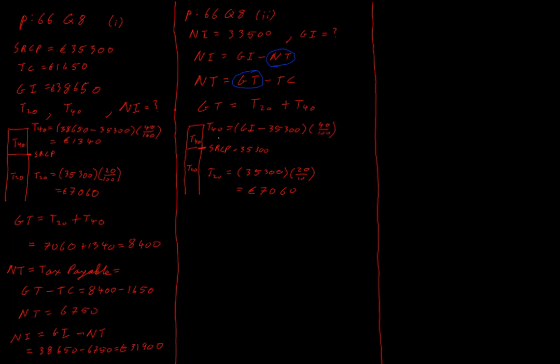That is the amount of money I have to pay at 40%, at the higher rate of tax. This is the amount of money I have to pay at the lower rate of tax. So my gross tax, which I need to find in order to be able to find what I'm eventually looking for, is going to be my tax at 20% plus my tax at 40%,